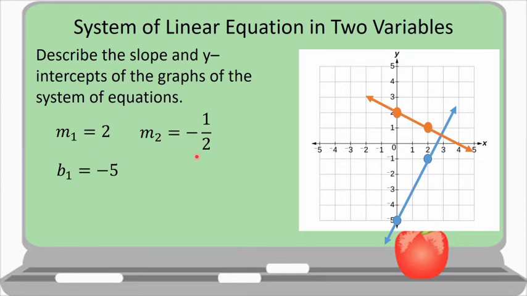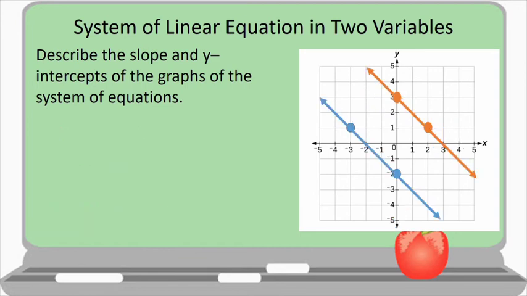Now for the second y-intercept, it is equal to 2 because the graph here passes through the y-axis at the point 0, 2. So therefore, the y-intercept is 2. Now, take a look with the relationship of the slope and the y-intercept. So we are given that the product of the first slope and the second slope is equal to negative 1, and b sub 1 is not equal to b sub 2. So therefore, the graph is intersecting but perpendicular. Okay? So the angle formed by these two lines here is a right angle.